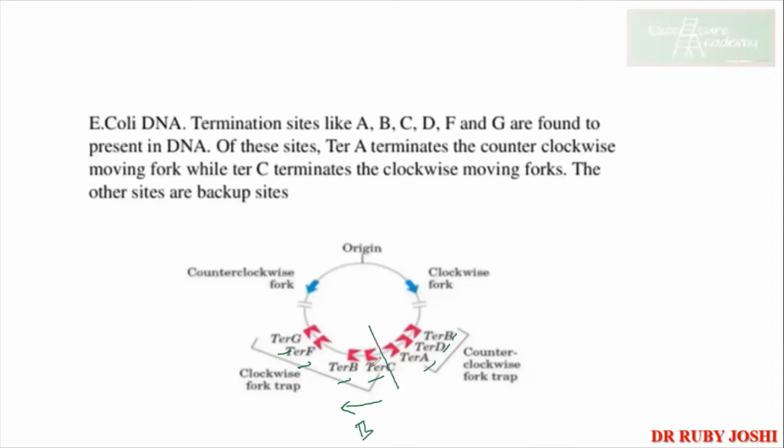Can you see the differences in their structure? Yes, ma'am. So what you have to remember is over here, TER A is going to stop the replication fork for the clockwise fork, whereas TER C is going to stop for the